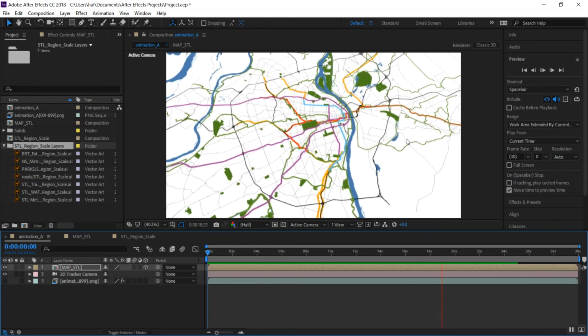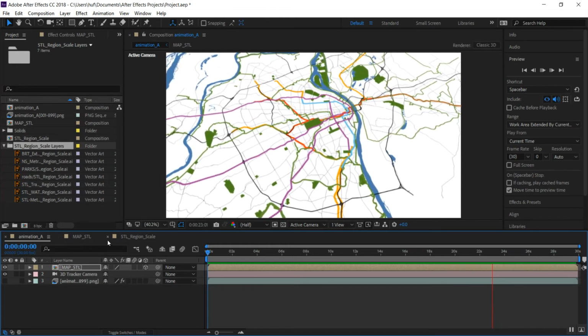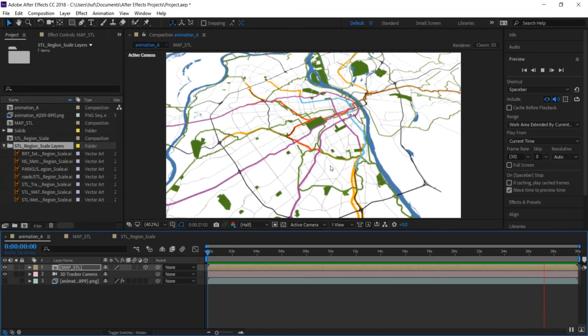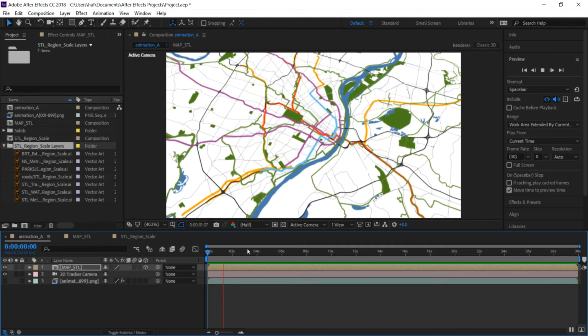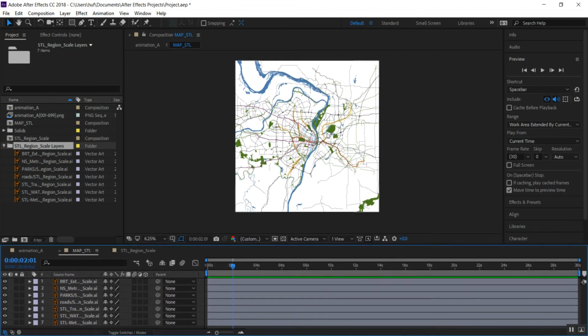And then what we're going to do now is we're going to animate some of the lines in the map STL composition, and that's going to project onto this camera track. And then we have a nice clean but pretty cool looking graphic visualization. So what I'm gonna do now is we're gonna go back to the map STL layer here, and we'll start